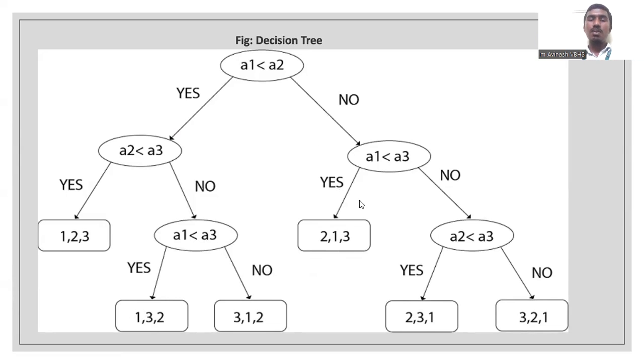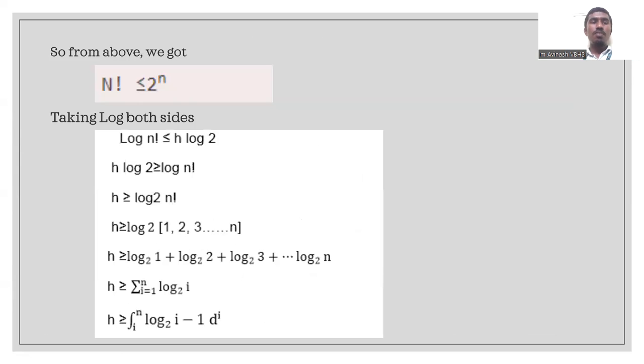If A1 is less than or equal to A3, no. If A2 is greater than or equal to A3, then it will go 2, 3, 1. And if no, 3, 2, 1. So from above, we got n factorial is